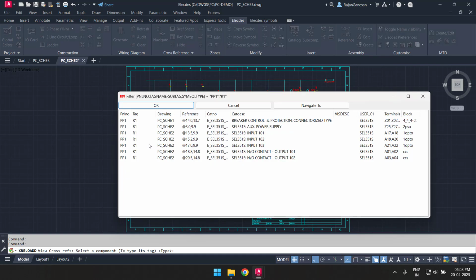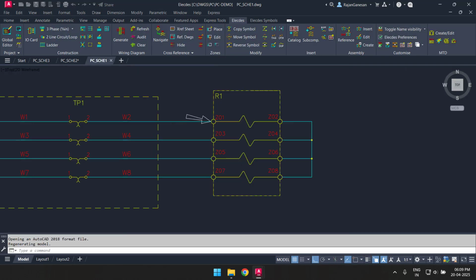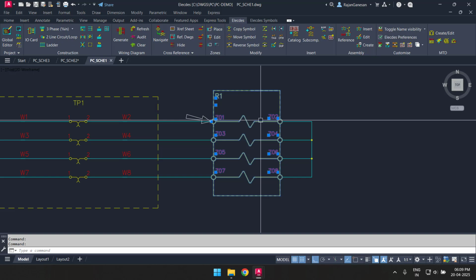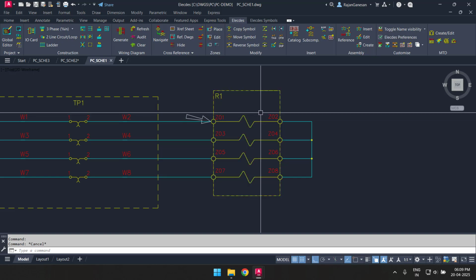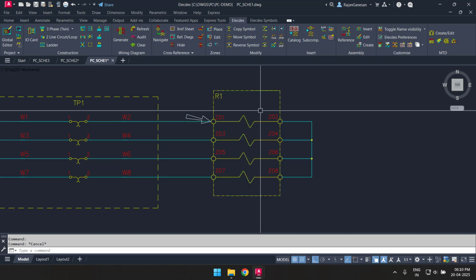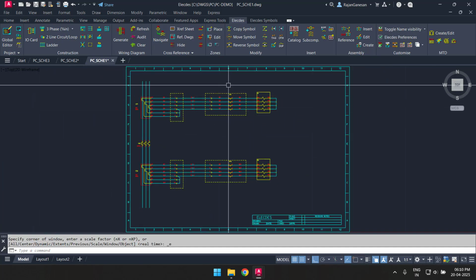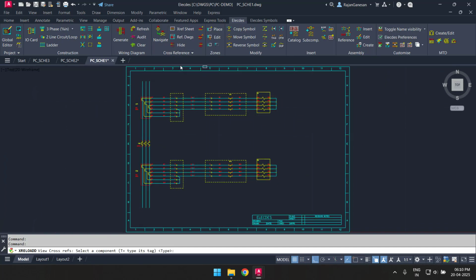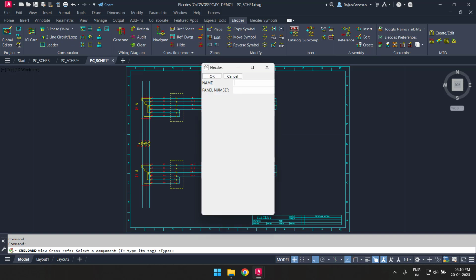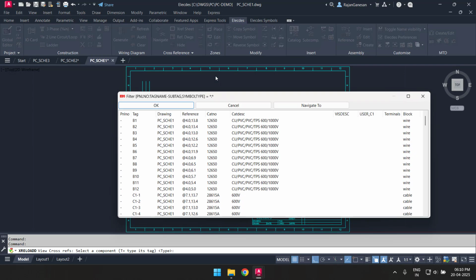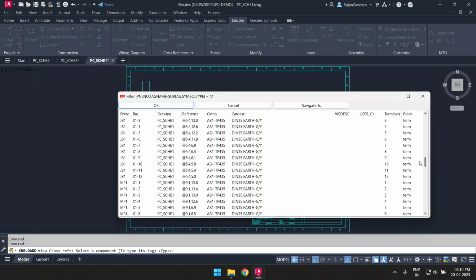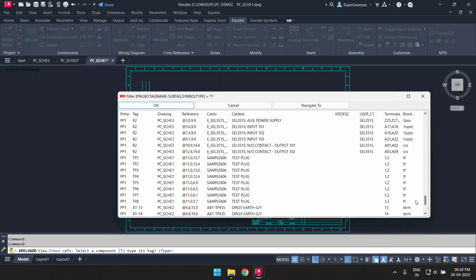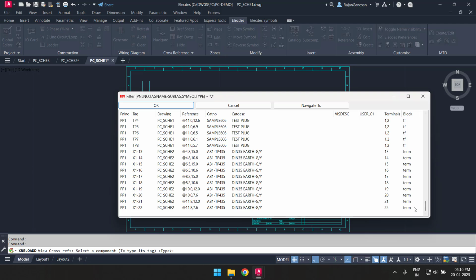All drawings that are included in the Elektra project will be included in cross-referencing and navigation. Navigation is not restricted to components on your current drawing. For example, you can enter wildcards in a search. I'll search for any items with a tag name of W star. The asterisk is a wildcard meaning any text. If you don't type any search text, the tool will list all components and conductors, then choose any component to navigate to it. I'll navigate to one of the test plugs.